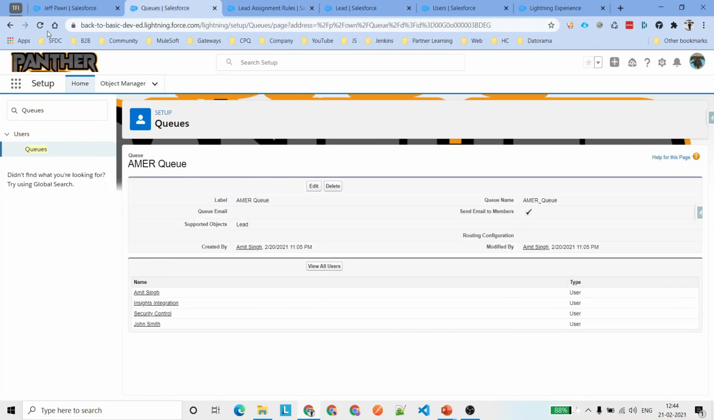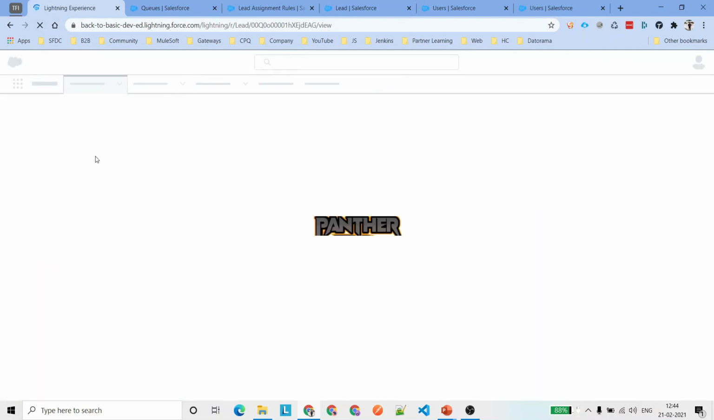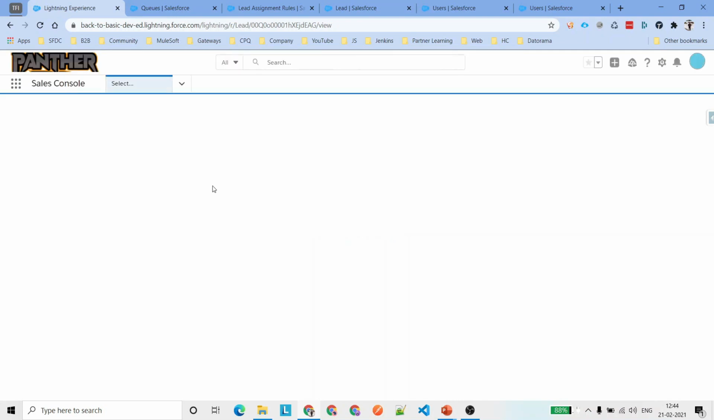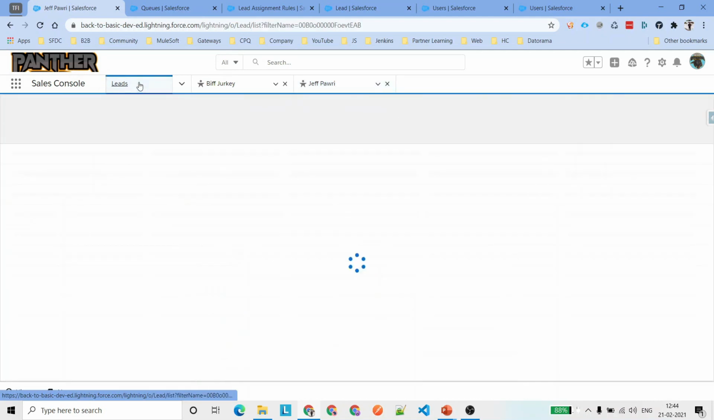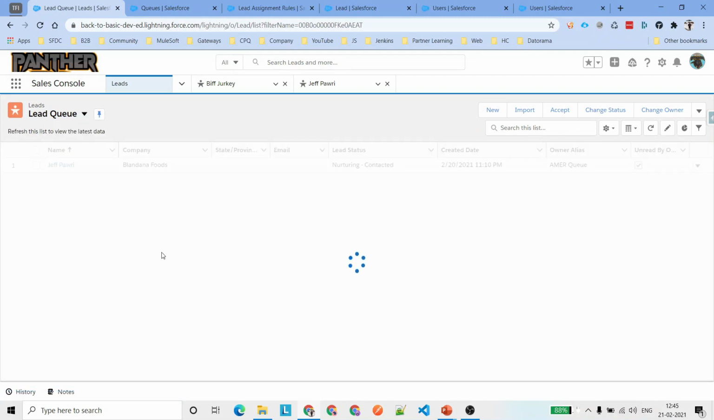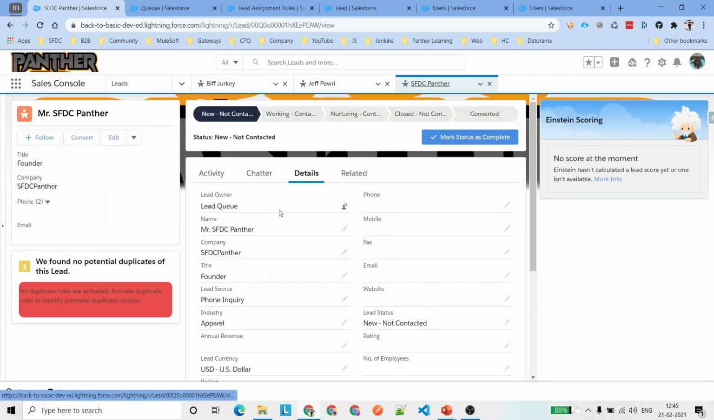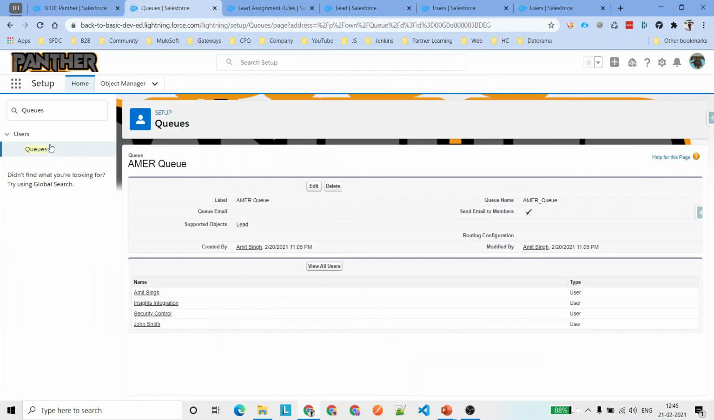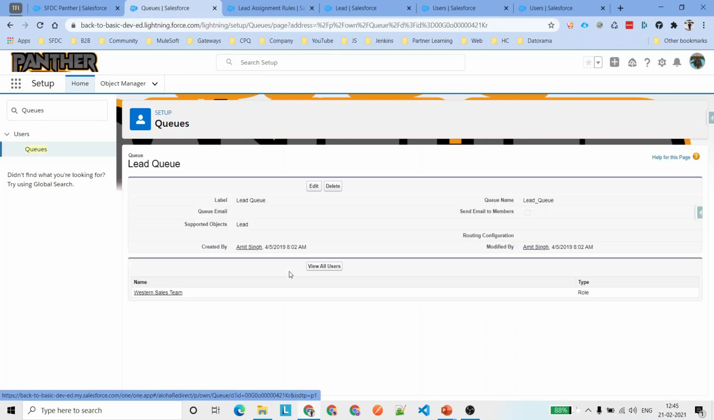Now I will go into the lead object, wherever we had opened the lead, and refresh that page so that we can see the refreshed session, because we logged out and the session expired. We'll go to the leads object, and this time we will select the lead queue, which is the pinned queue. You can see the lead which was created by the other user, and the owner is the lead queue. The user was not able to see it because we haven't added that user as a member inside the lead queue,